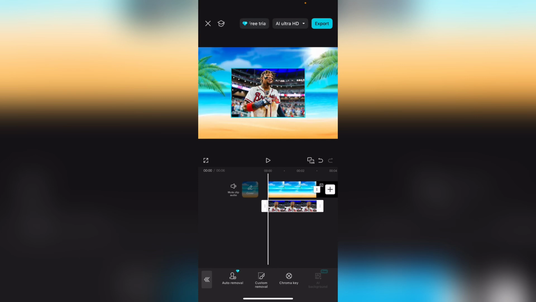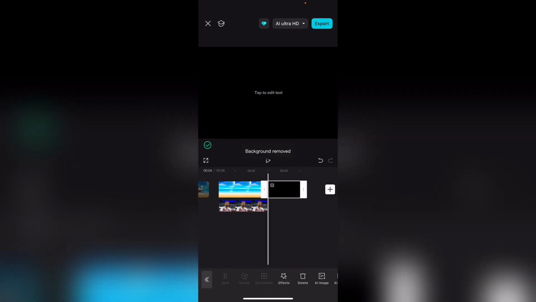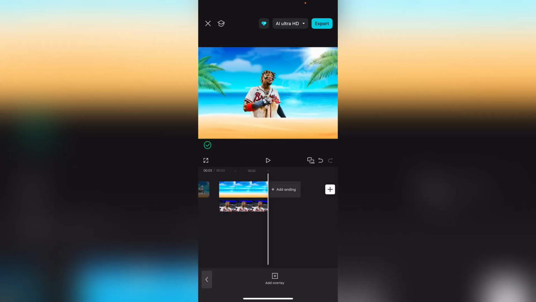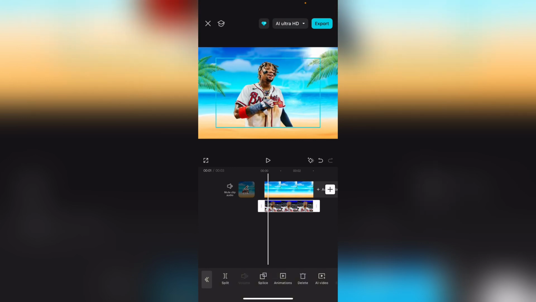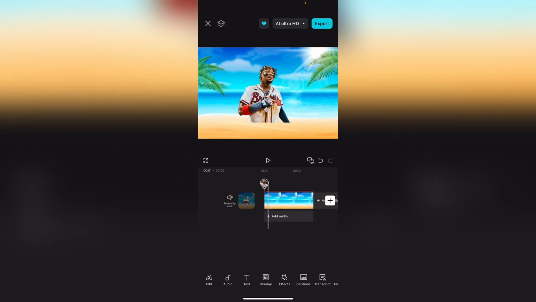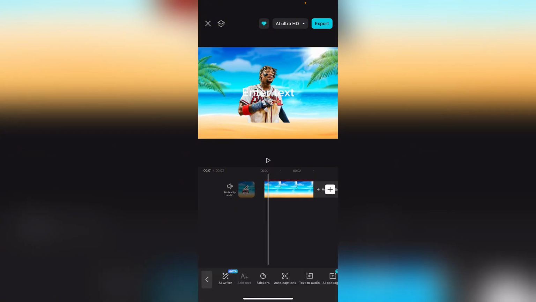And then we're going to do the same thing. We're going to click on it. Click Remove Background and Auto Removal. And then just remove the ending here. We're going to make this bigger. Probably about this big. And then what we're going to do is you're going to get the 2 fonts that